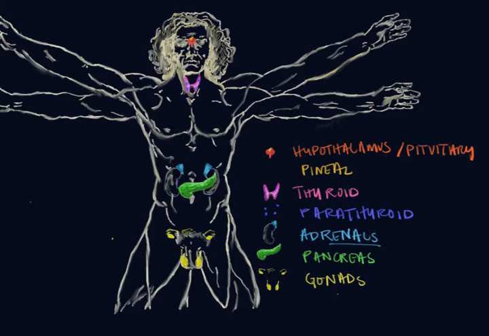Hey, welcome back. In the last video, we began our discussion of the American Association of Medical Colleges foundational concept number 3, more specifically the endocrine system and how that functions in our body's ability to achieve and maintain homeostasis. So I left you with a layout of the main endocrine organs here on Mr. Vitruvian. And so if you're not really clear yet about where those organs are located, or you don't feel comfortable with your big picture understanding of what the endocrine system is, I would definitely encourage you to either watch or